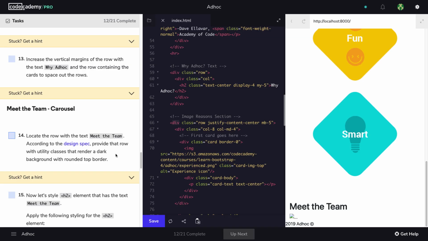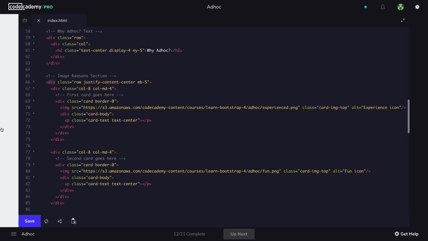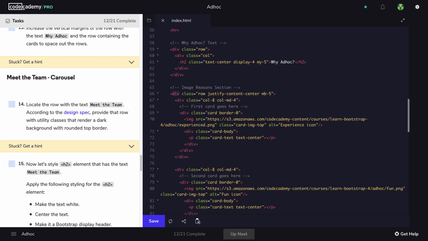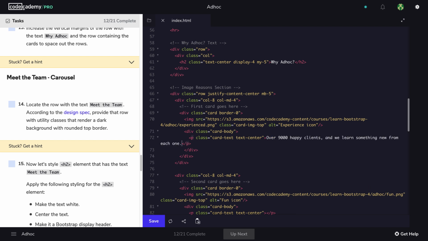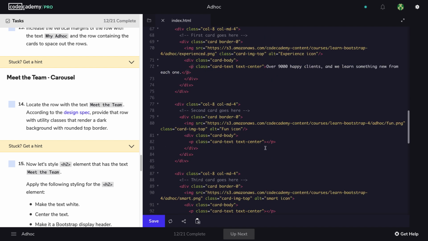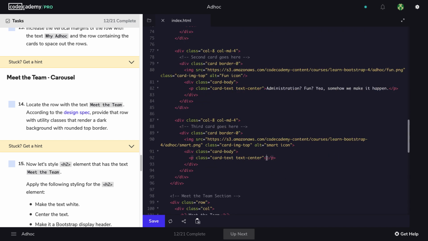So let's go back here. I'm expanding this one more time. And I'm going to be adding the text. Like I said, I already have some of the text in a text file separated, so I'm simply just going to add it here and copy paste it in there. We want to make sure it's already text at center, and we already added the classes necessary for it to be colored white, so that shouldn't be an issue. So I'm simply just going to fill out the content that's displayed from the spec over here. So the last one should be right over here, and then we can see how it looks like with the